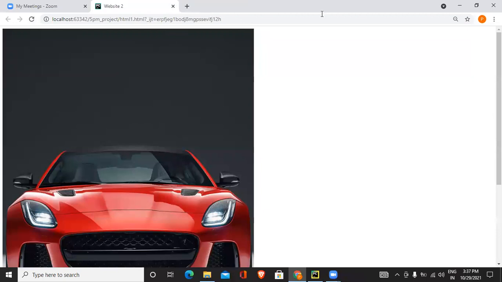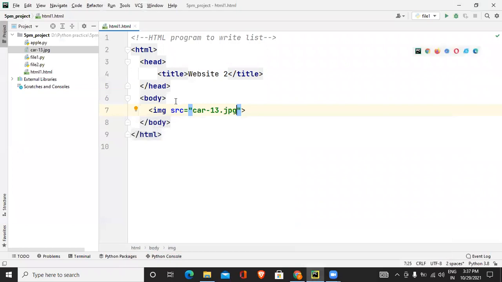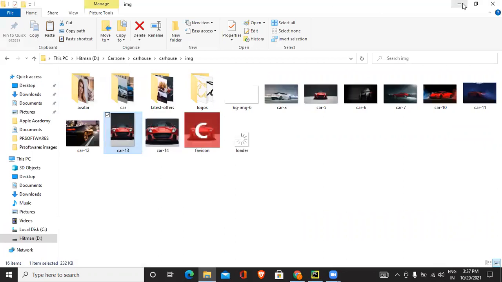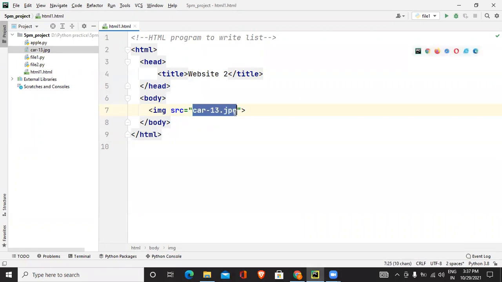Right. So if you observe here, the image is coming up. Okay. The problem was actually if you are doing PyCharm, you should copy the image. Suppose I've copied this image and I've pasted it here in the project. Now whatever image name is there, you have to call it here in the SRC. But if you are using normally Notepad or VS Code and all, that will not be the concept. You should copy that location, the image name and image type. That is the right concept actually. But in PyCharm, we don't have the option. You should paste it to the project first, and then you should write only the image name into this SRC tag. Then only the image will be coming on the browser.